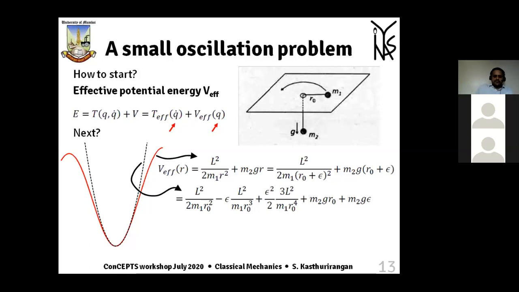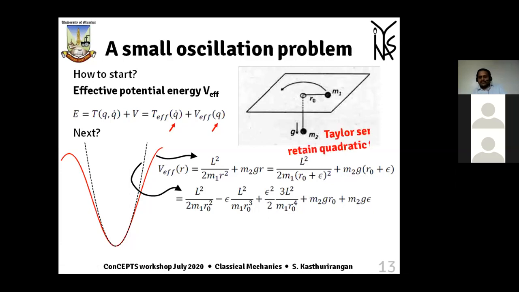Now, the shortcut here is to only consider the quadratic term, and the rest of them in an effective potential problem automatically cancel. You can sit and prove that, that is not an issue, but to save time, you can assume that all those terms cancel each other, or they turn out to be constant, in which case you can say I am shifting the zero of the potential by some amount, and you end up with only the quadratic term.